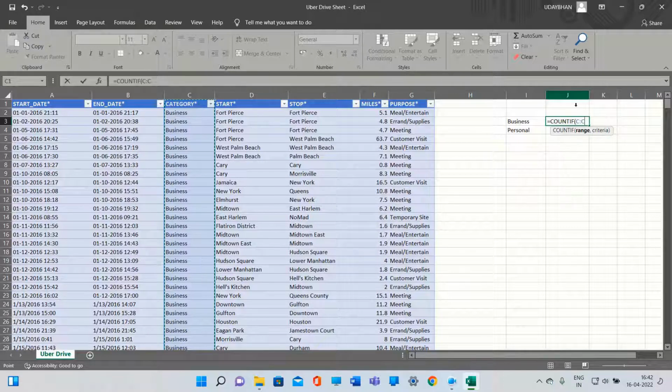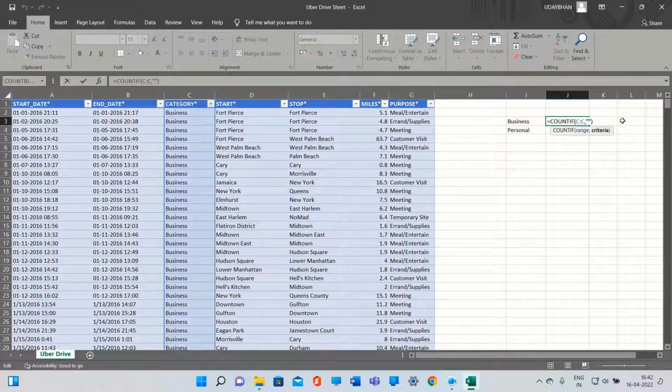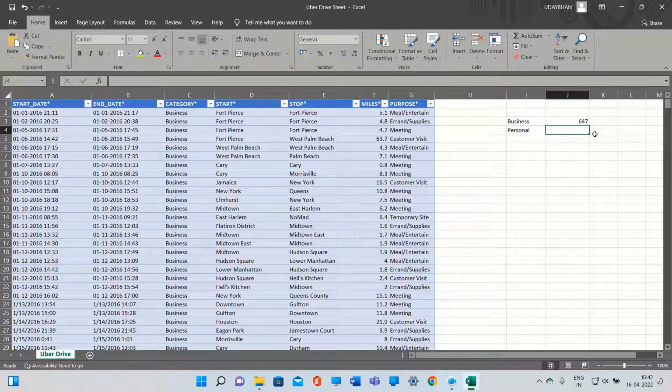Then the criteria should be business, so we write business here and click OK. So 647 total business trips are there.